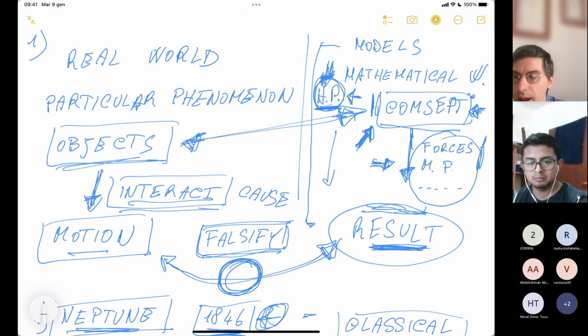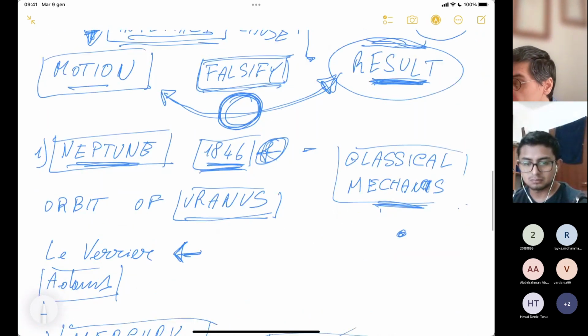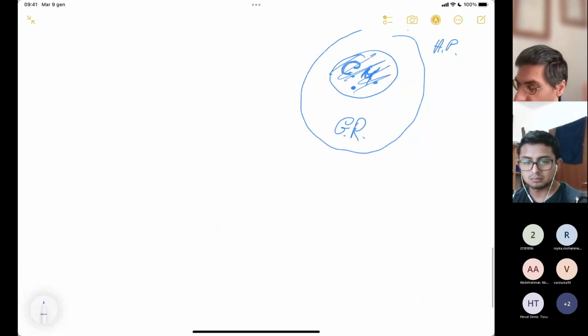You see that the interaction will be different because the model is different, and so we will go into details of this stuff. In particular, when we talk about simplified models,